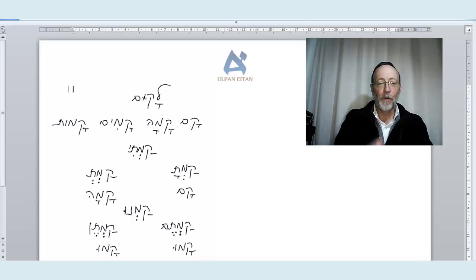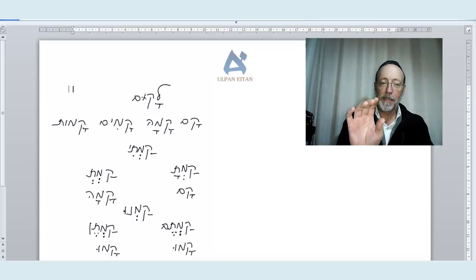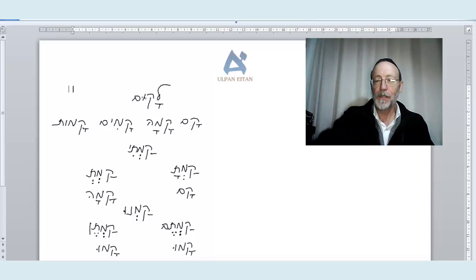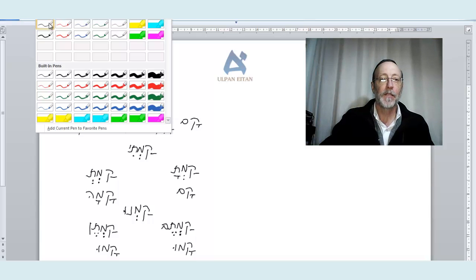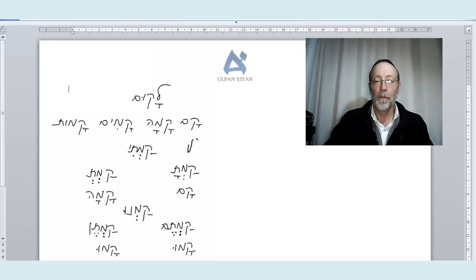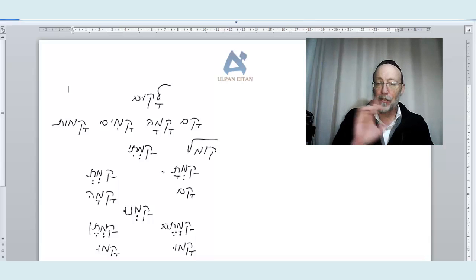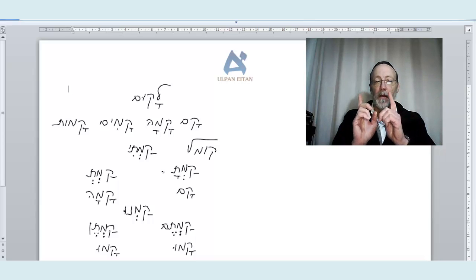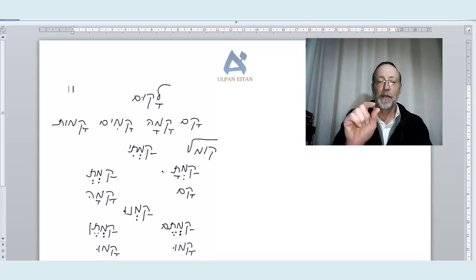So I wanted to remind you that here you see a stub plus an ending. I'm stressing that because what are the three root letters of this verb? Who remembers? You want to make sure you know this, folks. The three root letters are kuf, vav, and mem. And that's why I stress the past tense is not simply the root plus an ending. It's a stub plus the ending. And in this particular place, the stub here is the kuf and the mem, etc.